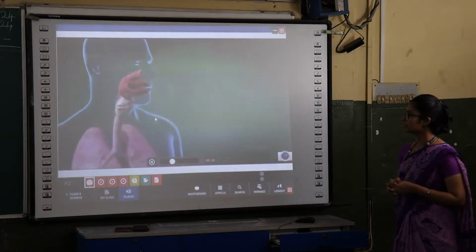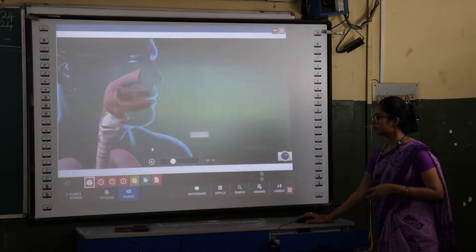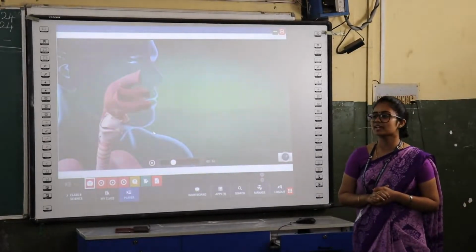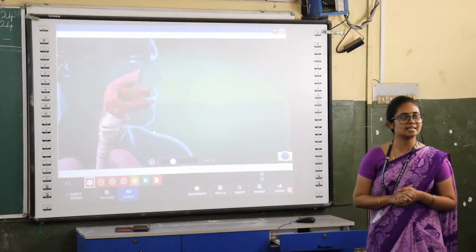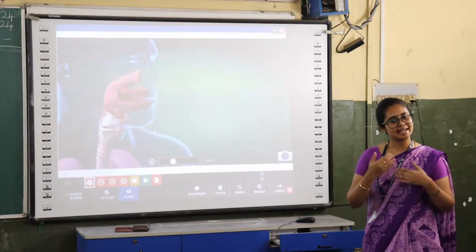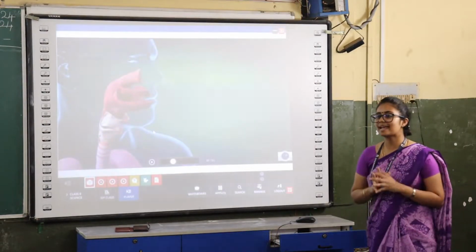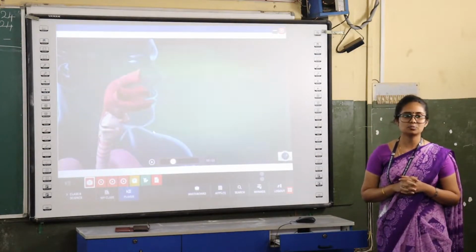The nose is the entry point for air moving into the respiratory system. Good. So the first organ responsible for the respiratory system, which is an external organ, is the nose. Through the nose only we are inhaling the air, that is oxygen. Through the nose only we are exhaling the carbon dioxide. Okay? So the nose is the entry point, the first organ responsible for the respiratory